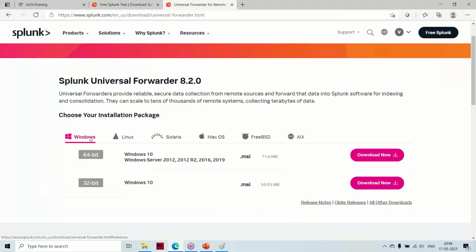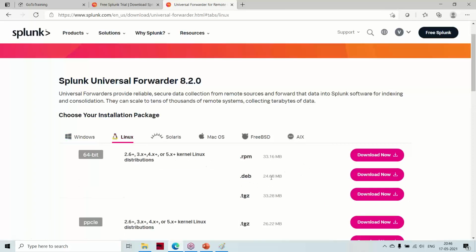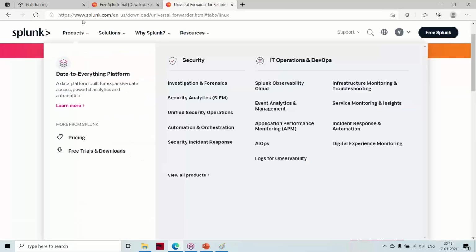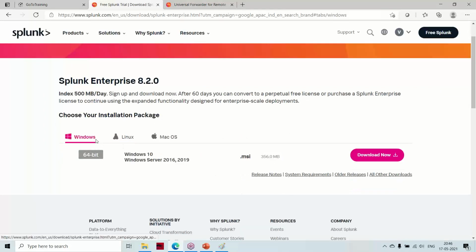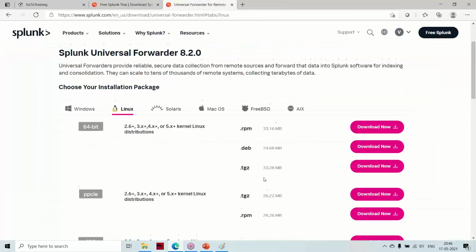The agent is a lightweight program, like 20 MB or 30 MB, some around 59 or 70 MB. If you see the server edition, it is like 400 or 500 MB. Windows is also something like 300 MB. That's why I told you it is a lightweight program.